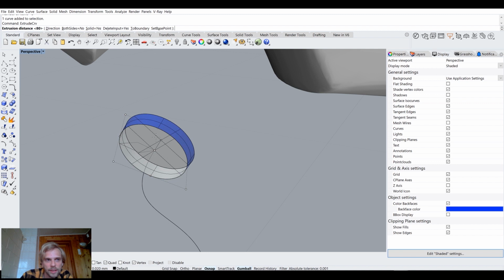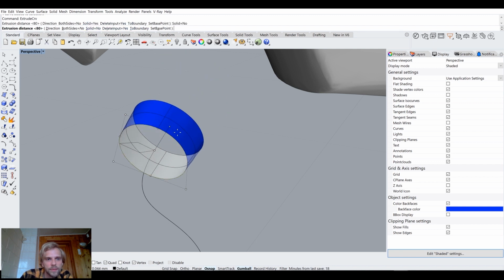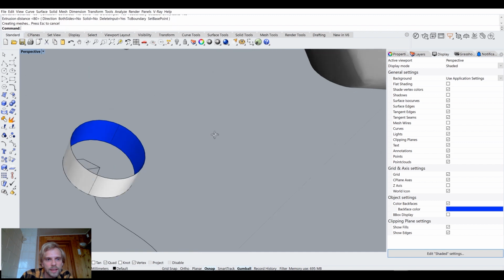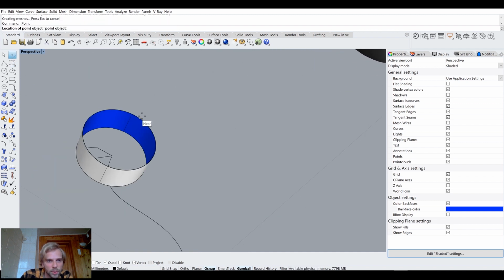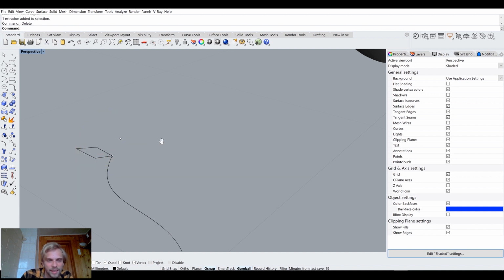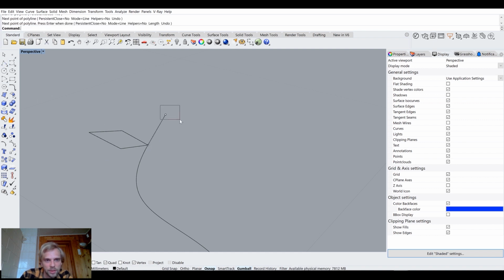Extrude curve. We don't need it to be solid, like that, which means that now we can get a center point of the top and the bottom of this circle, like that. So we have 2 points, meaning that between these 2 points we can draw a straight line segment, which is going to be an axis of our array,